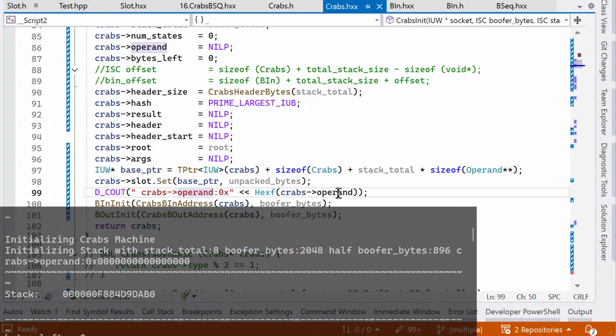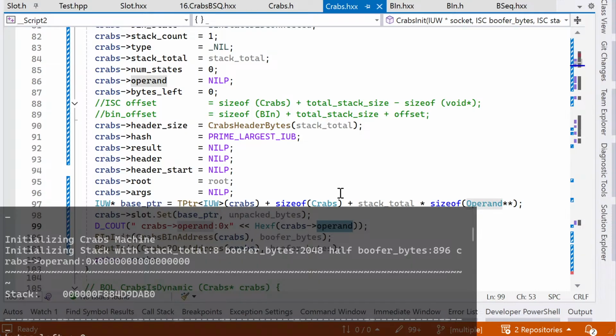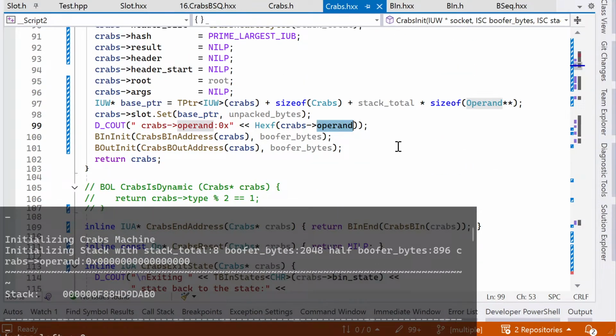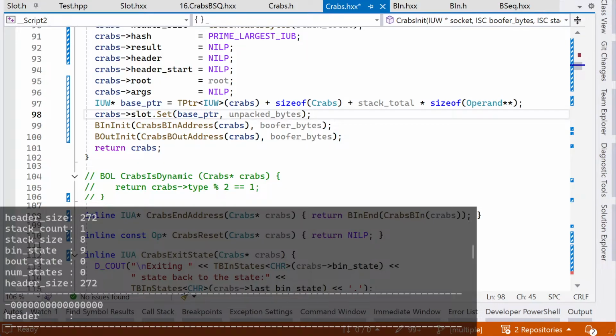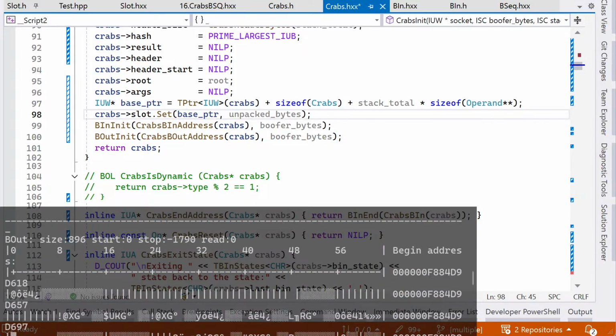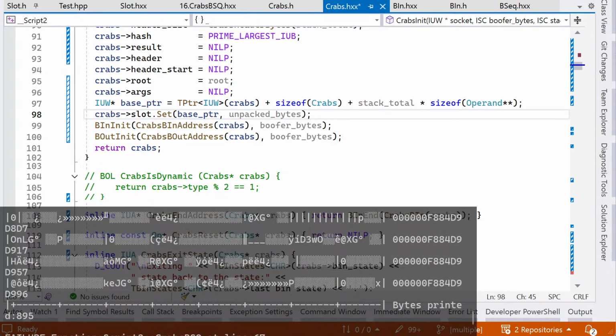Why would I do this? It doesn't make any sense to print this out. All right. So header size. So it's doing something.